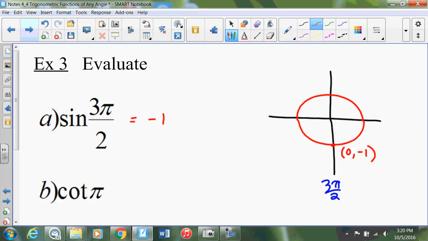Okay, when we look at cotan of pi, we're looking at where our theta is pi, and we're going to find cotan, so we're looking at the